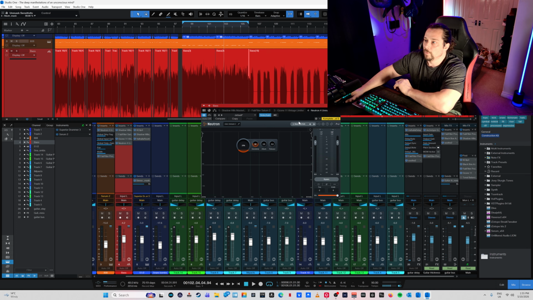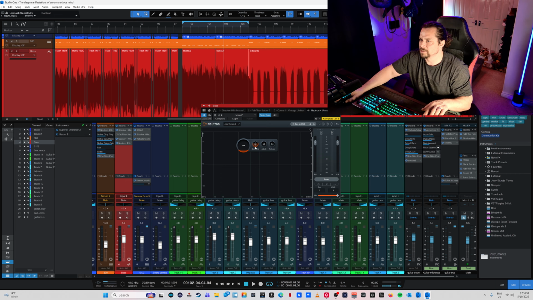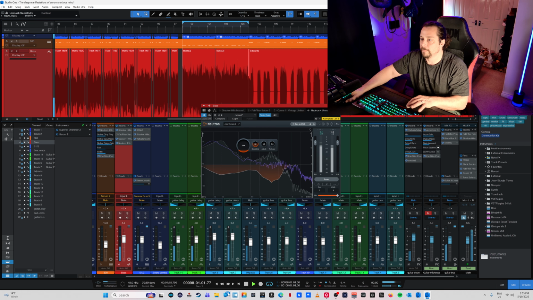So the plugin that we pulled up on Neutron is going to be programmed. You can see there's a particular sensitivity, attack, all this kind of stuff with regards to the kick drum and the bass relationship. So if we just press play now,